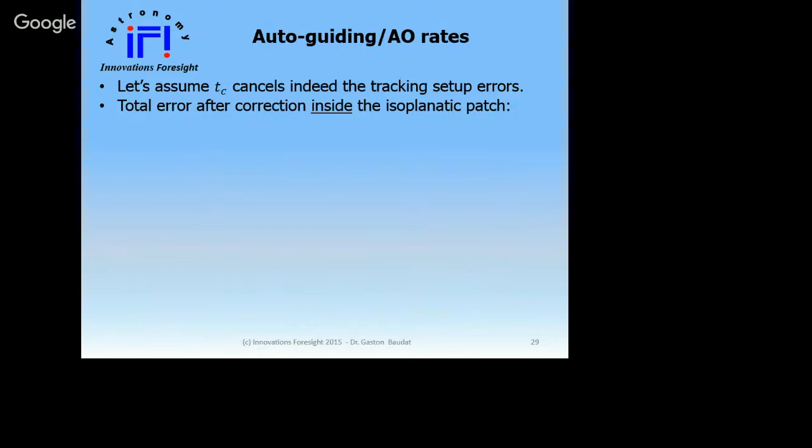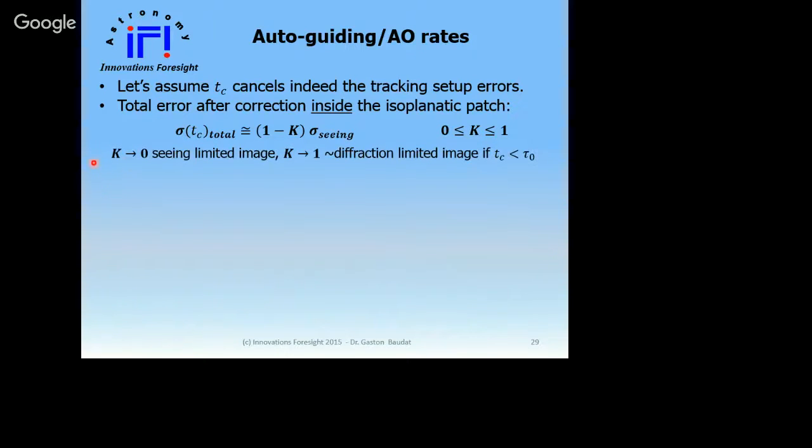Assuming you corrected the mount because you go fast enough, inside the isoplanatic patch, the error left over can be written this way. The total error is the seeing error times 1 minus k, and this k is just a constant stretching from 0 to 1. When k is 0, you are seeing limited